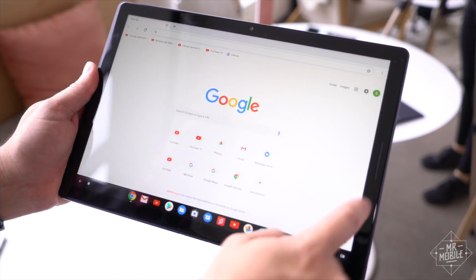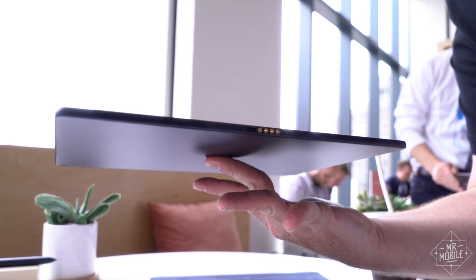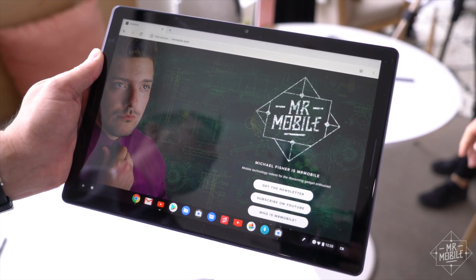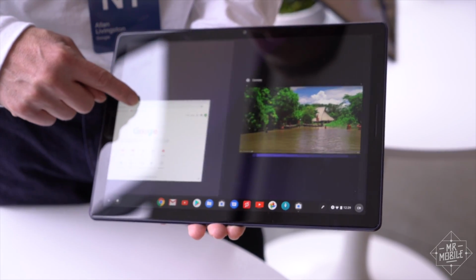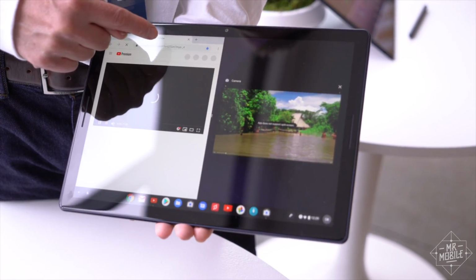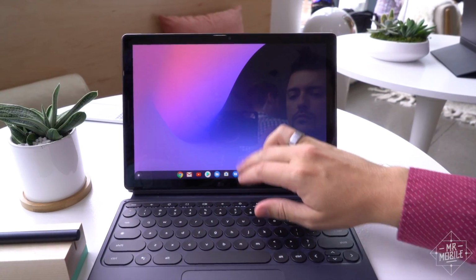Now, to be sure, that $600 gets you great stuff in the Slate. In the hand, its finely honed balance is more notable than its somewhat generic aluminum casing. Google's engineers told me they put all the critical boards and brains of the Slate in the center, and then ringed that center with the batteries to give it a symmetrical weight profile. You know, it really does make it more comfortable to hold. Those batteries, by the way, are rated for up to 12 hours of mixed usage, which is about the same